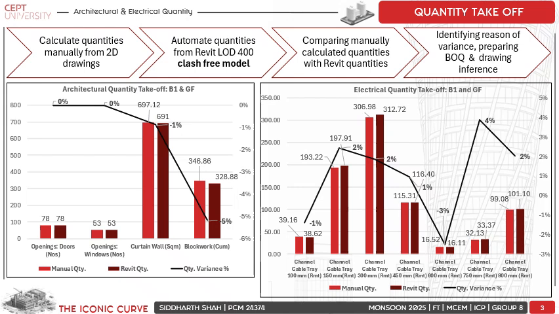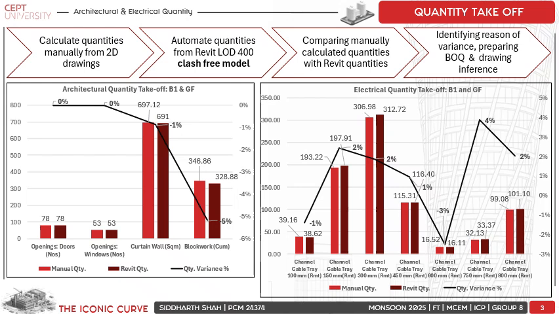After getting quantities from Revit, we manually calculated quantities for structural, architectural, and MEPF works. The comparison of manually calculated quantities and Revit quantities for architectural and electrical works is mentioned in the